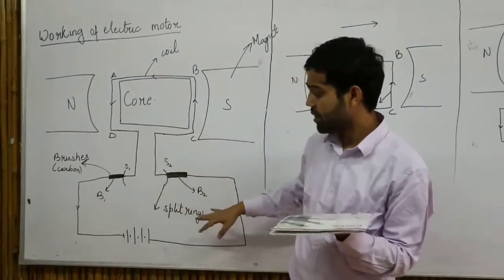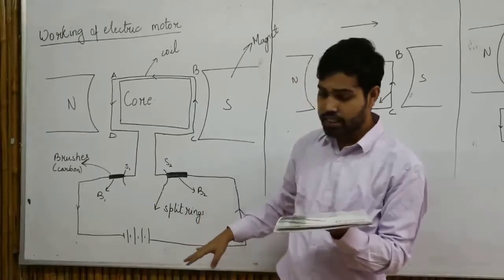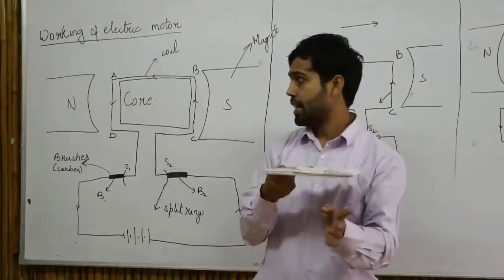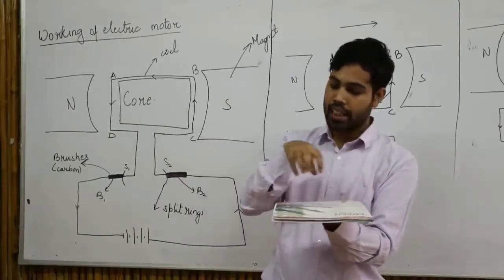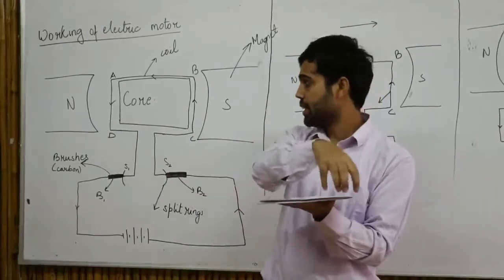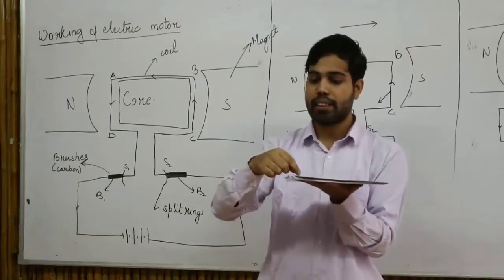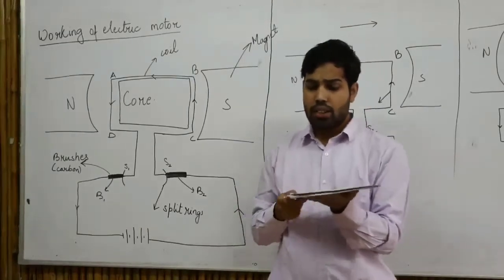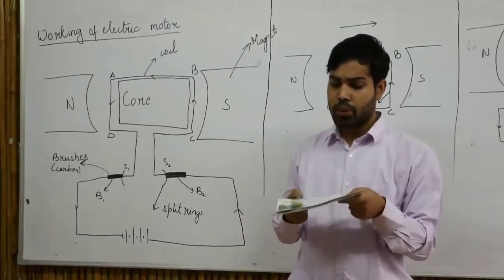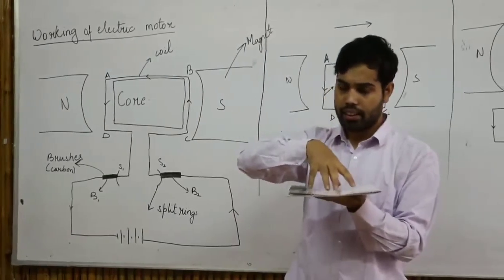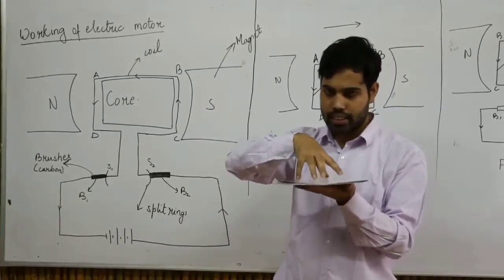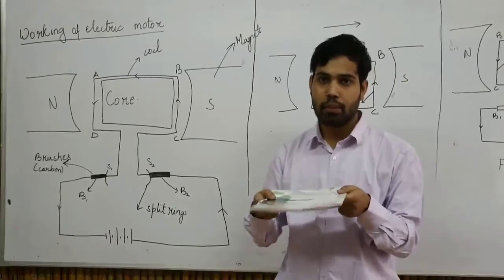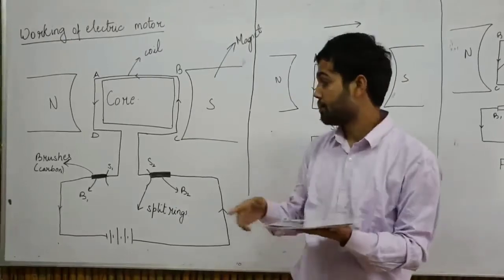Now how is this connection done? So that electric current will flow in this direction. So electric current in this case, as I told you, this is A, B, C, D. So electric current is flowing in this direction. It is flowing in this direction. So as we know, since electric current is flowing in this circuit and I have this in a magnetic field, it should experience some torque. Okay, how is this being done?